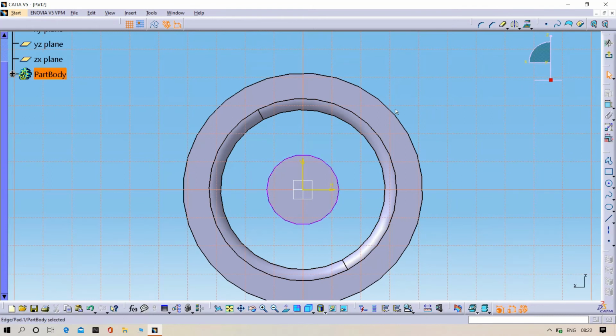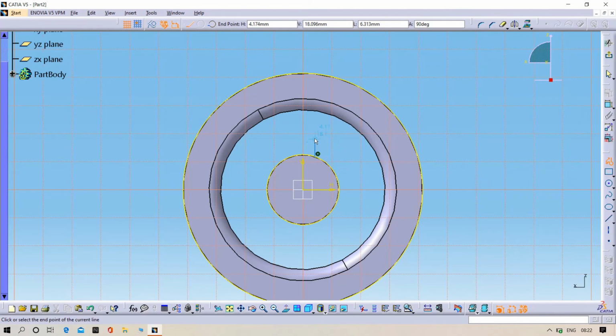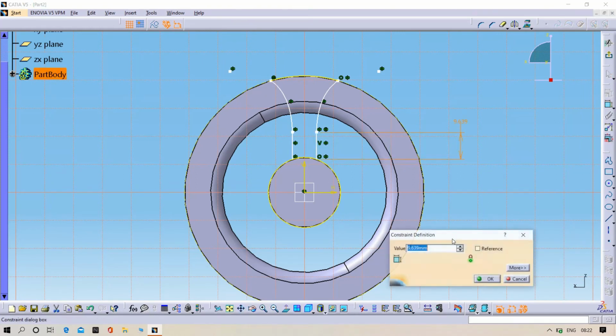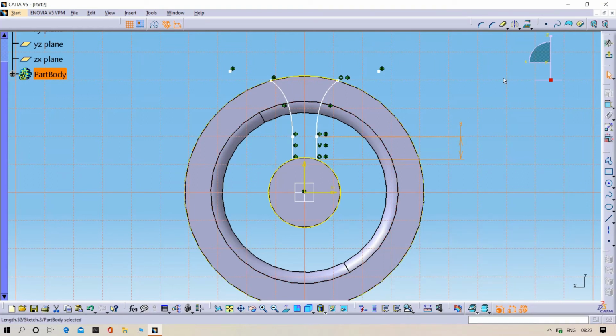Now again we need to select the duplicate plane, then sketch, then select the outer circle, then click the project 3D element command, then draw the two lines as you are seeing now. Transfer the image, then draw the curves as you are seeing now. Then trim the unnecessary things and then give the dimensions. Give 8, that is enough.